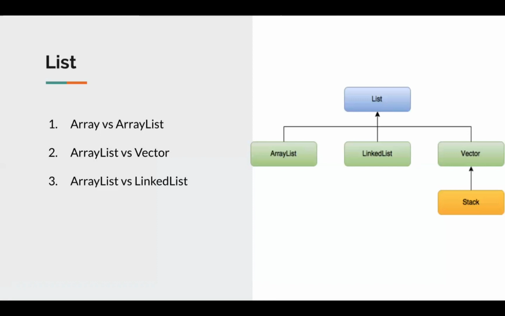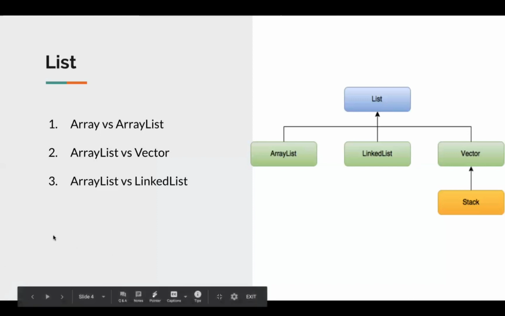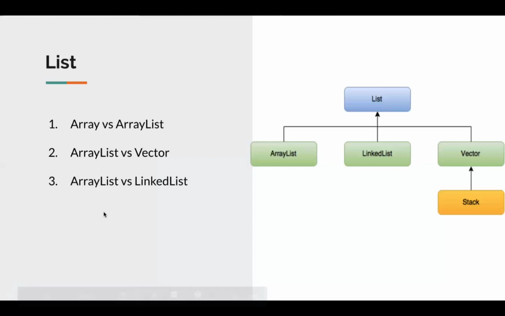The third difference is between array list and linked list. The standard differences between arrays and linked list come into array list and linked list as well. One very major difference between these two is that a linked list has less memory overhead. Linked list just stores the address of the object, whereas the array list is storing the whole object. So array list has a lot of memory overhead. Linked list is implemented as a doubly linked list, and array list is implemented as a dynamic array.